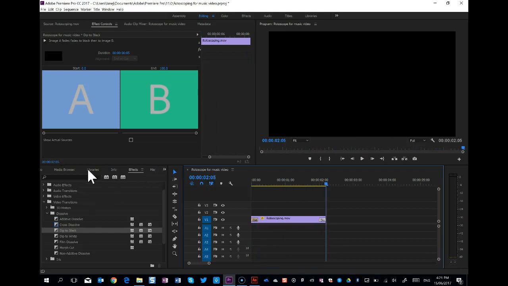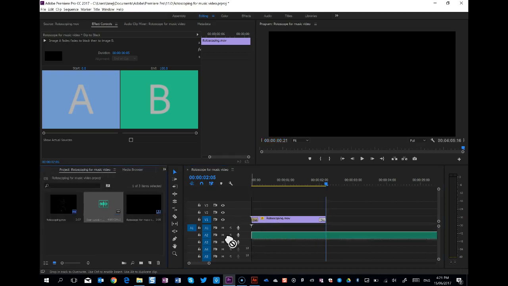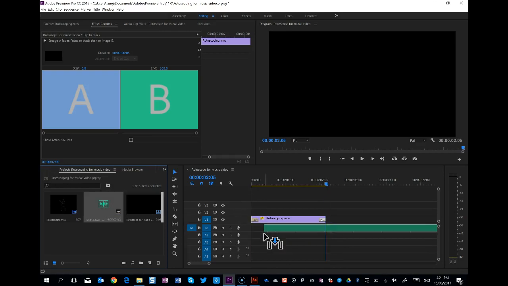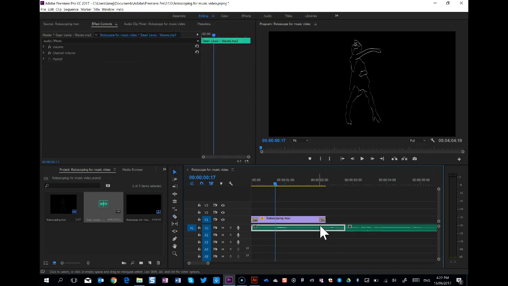So this is a copyrighted track. It may or may not work, but I will attempt to bring it in anyway. So I'm dragging my sound clip into an audio track, and I'm going to use the letter C to switch to the razor tool, and I'm going to cut it here. Switch back to the pointer tool, or selection tool, which is V, and I'm going to delete and drag that